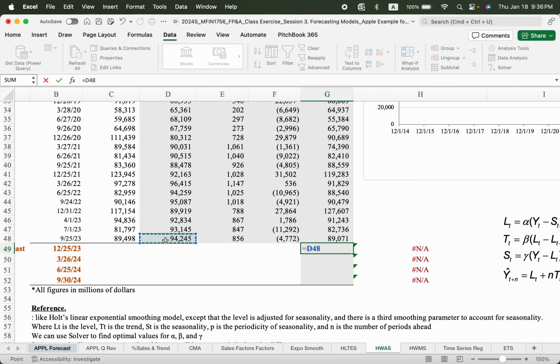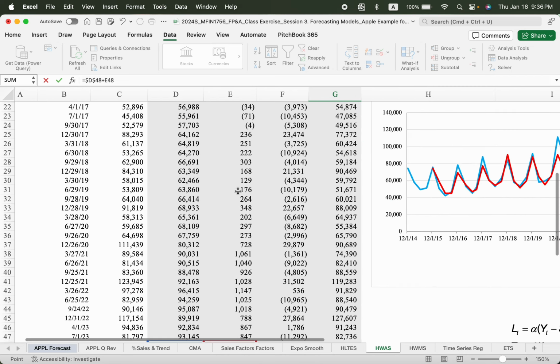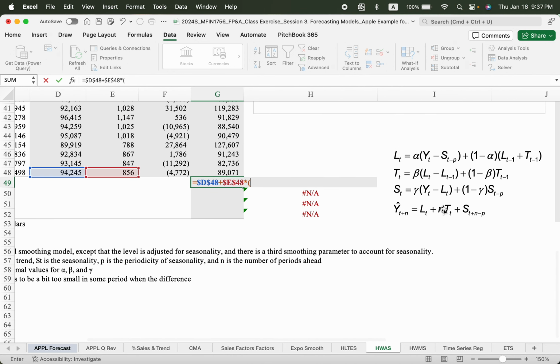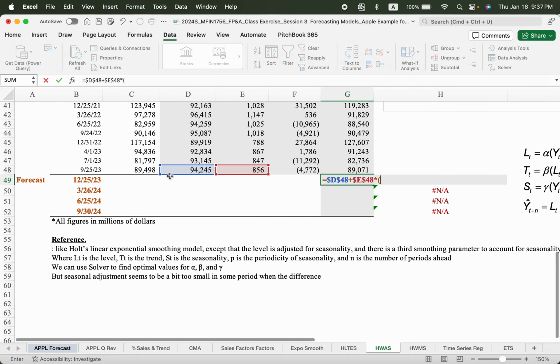Instead, we use this as the last number. So let's fix this, and then plus E48, which is the trend. And then let's fix this. But when you calculate this n, which is the difference from the last actual number here,